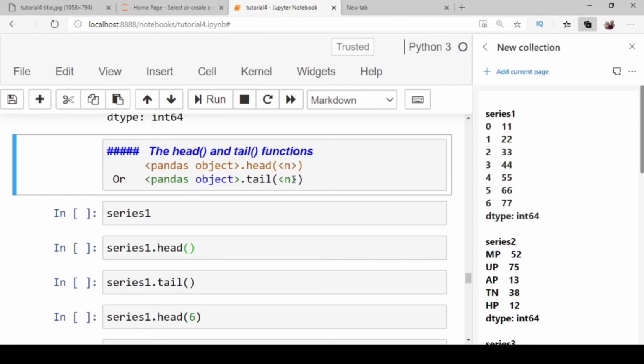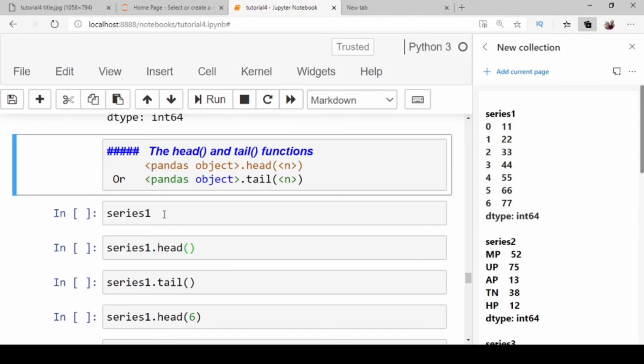and n is the number of rows. If you do not provide any value for n, then the head and tail functions will return the first 5 and the last 5 rows respectively of the pandas object.